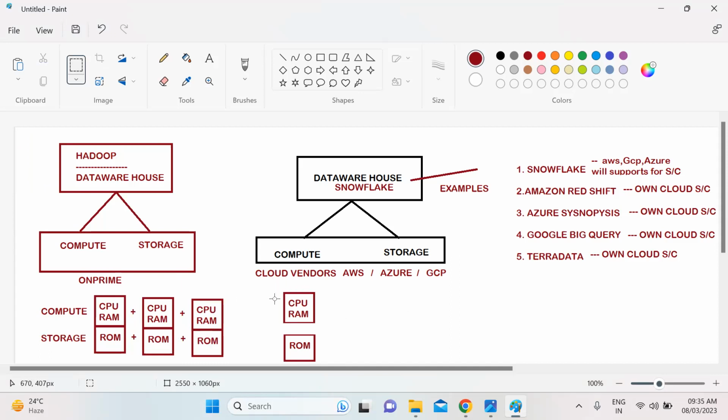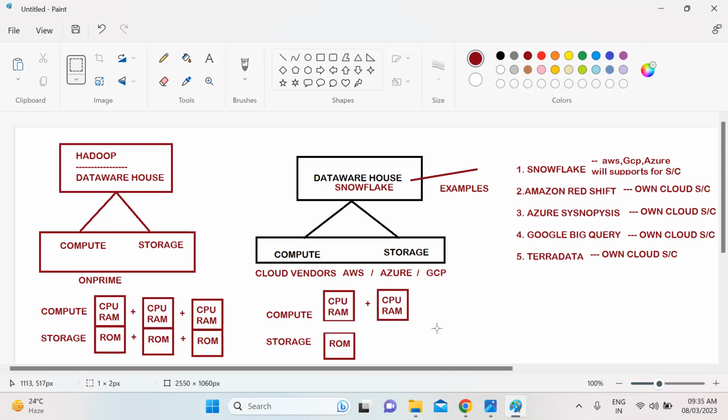In the cloud, it's not like that. If you want to increase compute, you can increase more compute.